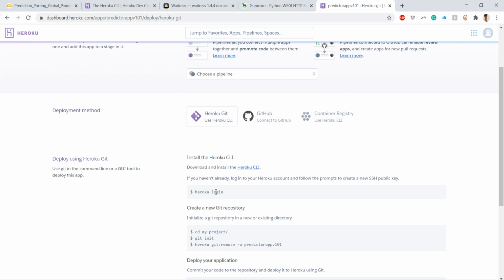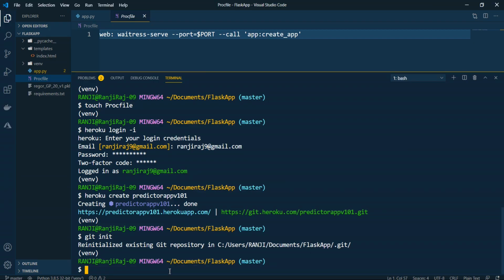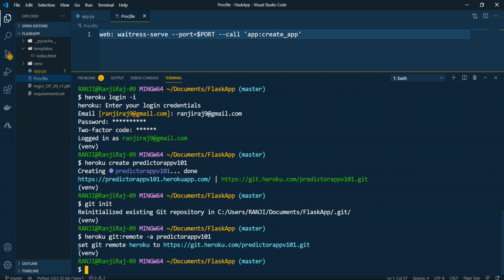So what we have done is we have logged on to Heroku. Okay. So we have initialized the Git repository. Now we have to clone this particular repository. For that, you can use this command, and you can paste this. Depending upon the name of your application, you have to change this every time. So you see, you have to read the logs, what it is saying, set the git remote Heroku to this particular repository.